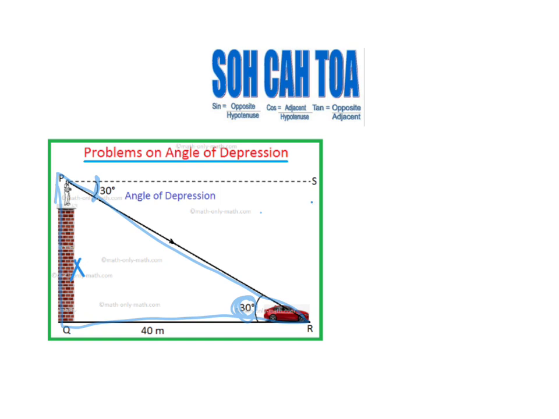So if you do the alternate interior angles and they tell you what your angle of depression is, then you immediately go write it down in this bottom corner. Now let's look at what you have. You have a tangent problem, because you know the adjacent, but you're looking for the opposite. So here's what I would set up. I'd say tangent of 30 is equal to the opposite over the adjacent. Okay, go find X for me. How tall is the brick wall? All right. It should be 23.1